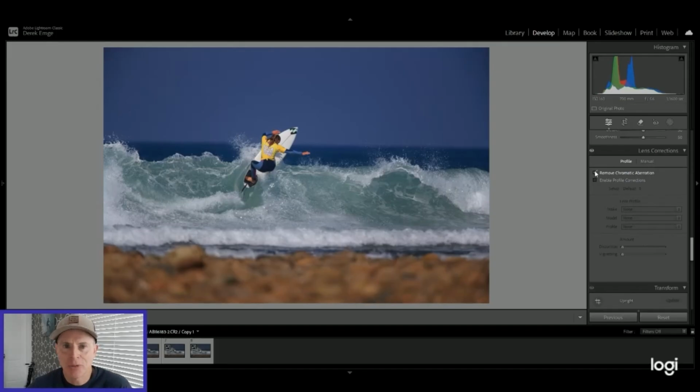What is chromatic aberration? Sometimes light bends. You remember when you were learning about prisms, when you were young, and you saw how you could look through one part of a prism and you could see the colors of a rainbow, blue, green, all those, purple. Those are different tones of light, and they will show up on weird spots on your image. Lots of times you'll get them on sharp edges. So maybe you have a building with a sky behind it, and it might pick up this aberration of color. Well, you click on this little clear aberration and it will take that out for the most part,